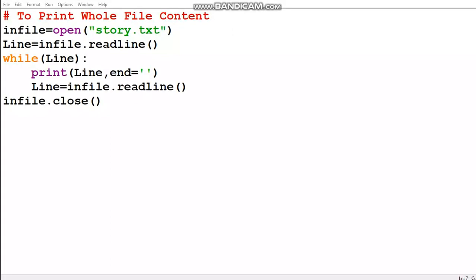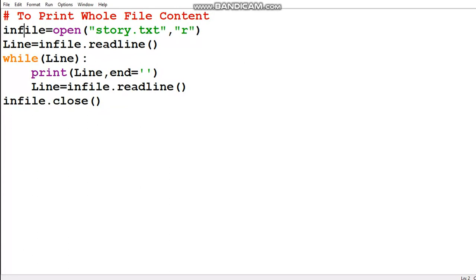In this example, we are going to print the whole file content of a text file. So assume my story.txt is already created and I'm going to open this file in read mode.